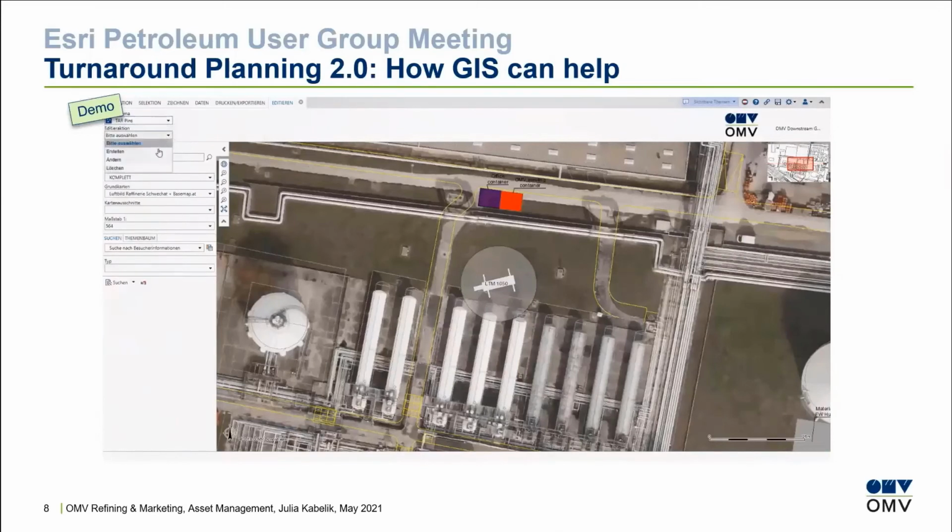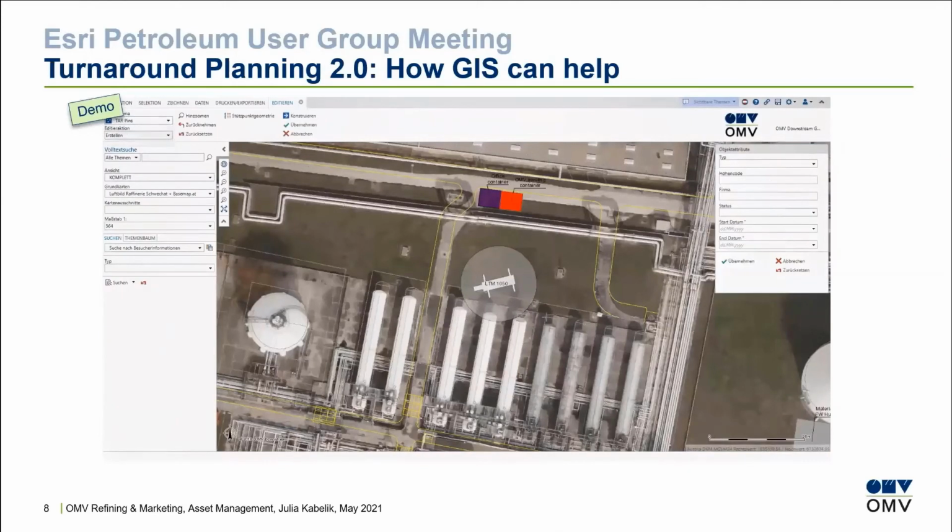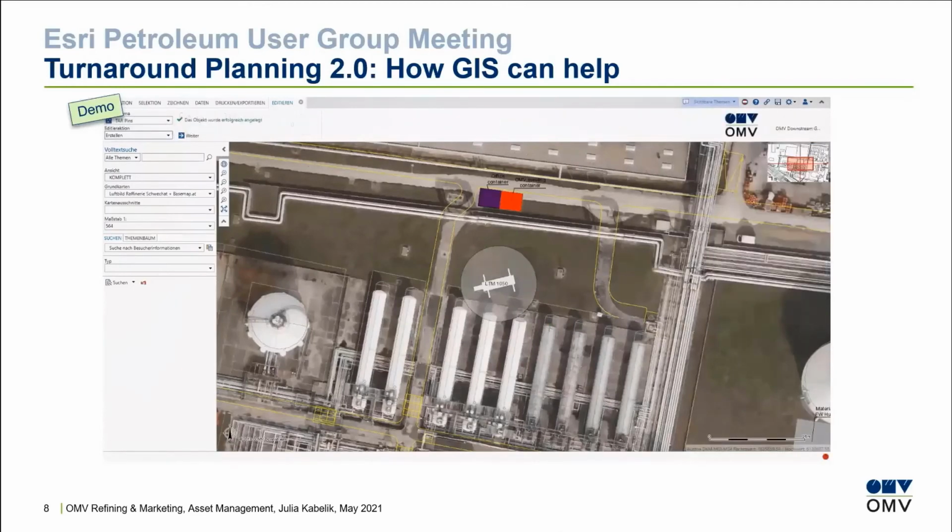Another thing that we can add are pins, for example, like embedding points or working pins. If you click on the map, you can choose between different types. We just use an embedding point. You can give it a height code so that everybody knows at which height they need to work. You can give it a company name, so let's just say company A. And then we can choose between different statuses: open, in process, or finished. And again, we need to give it a start and end date so that everybody knows from when till when